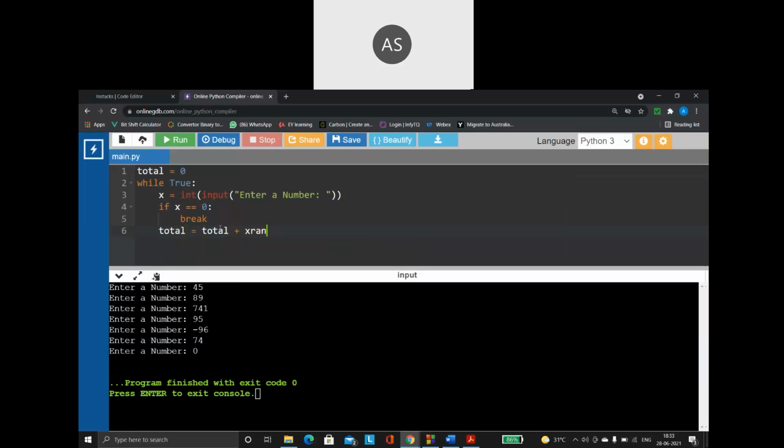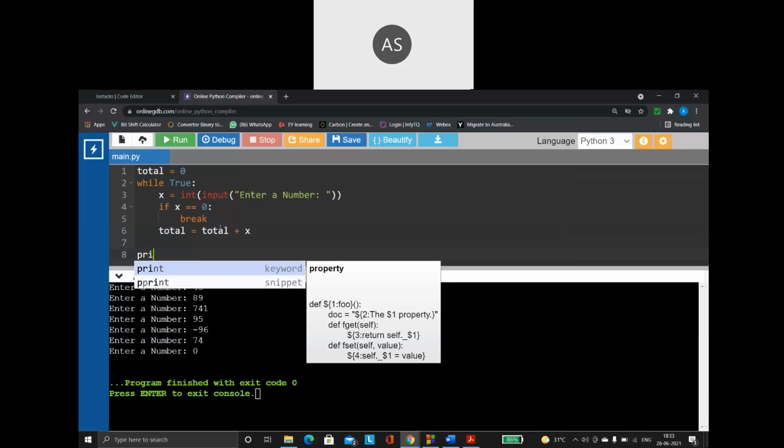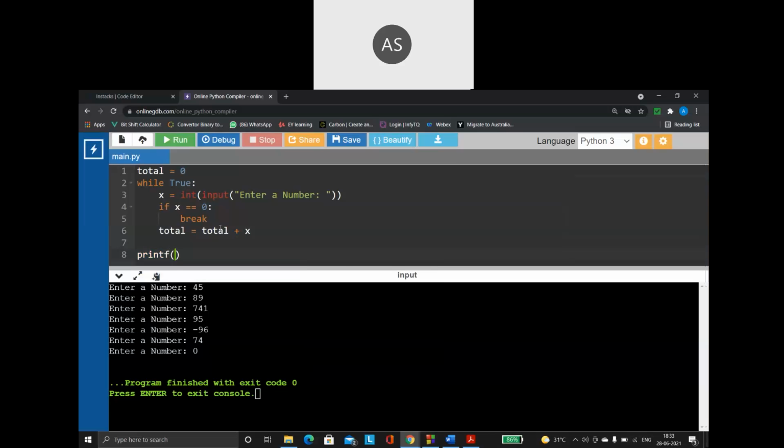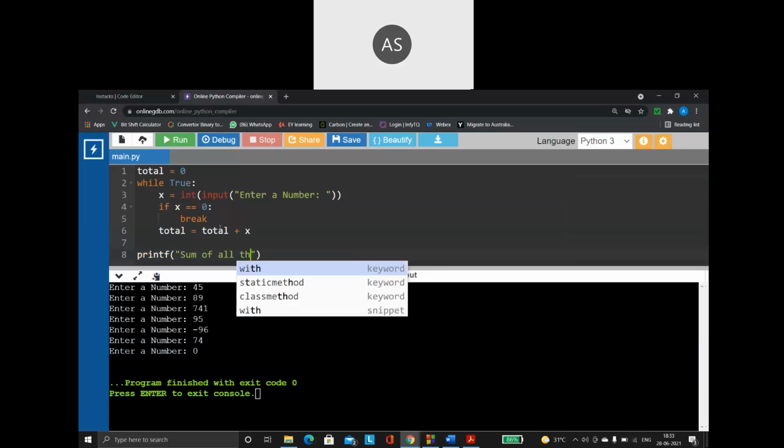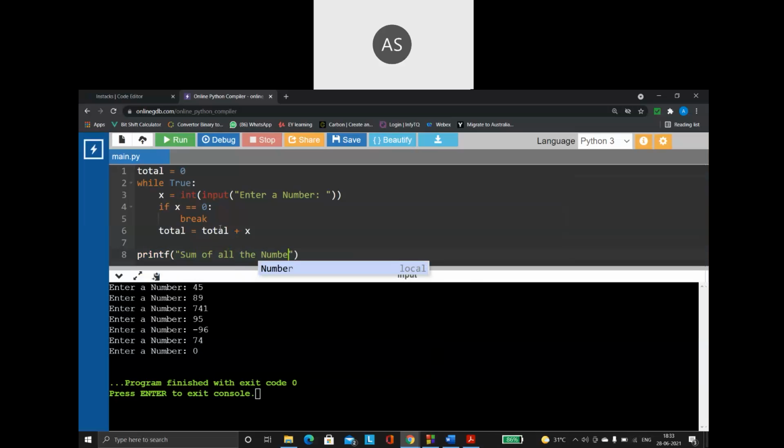Done. Now come out of the loop. Here let us write print, sum of all the numbers is, then whatever is stored in the total needs to be printed here.